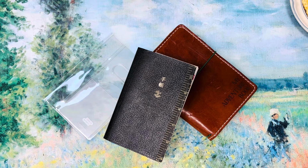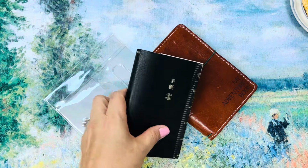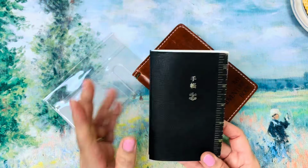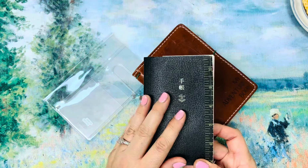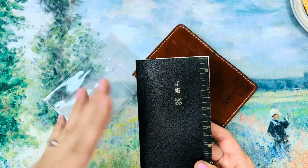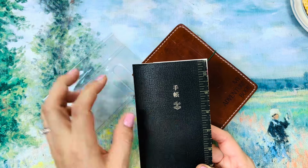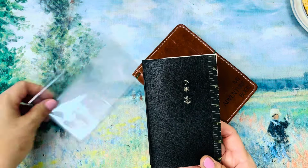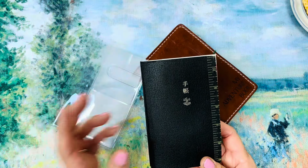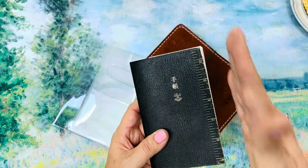Hi, so today I'm giving you guys a look at my recently trimmed down Hobonichi A6 to a pocket size. And I wanted to share with you some ideas for covers. Now, I shared some of these same ideas for the Sterling Ink Pocket Planner for 2025 that I had purchased. And so I want to share with you how that also works really well with the Hobonichi trimmed down